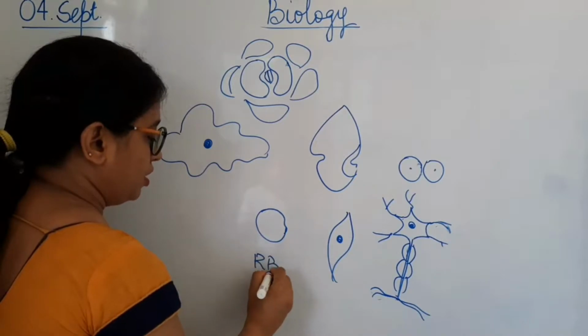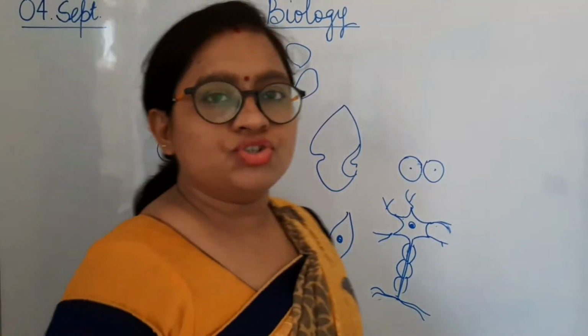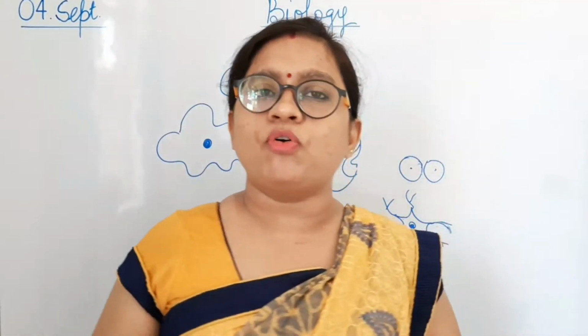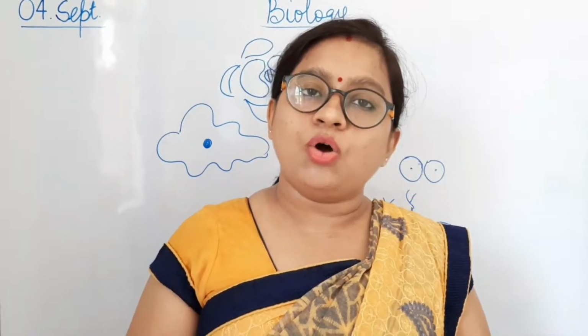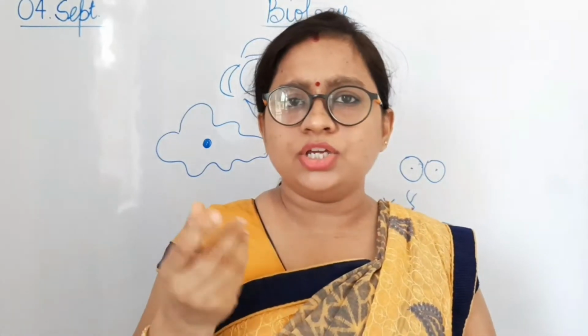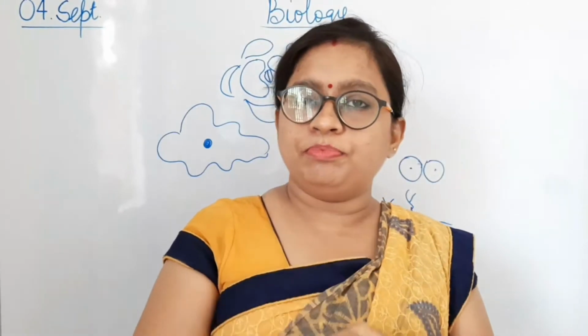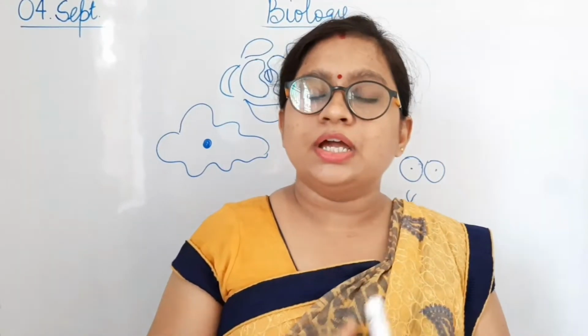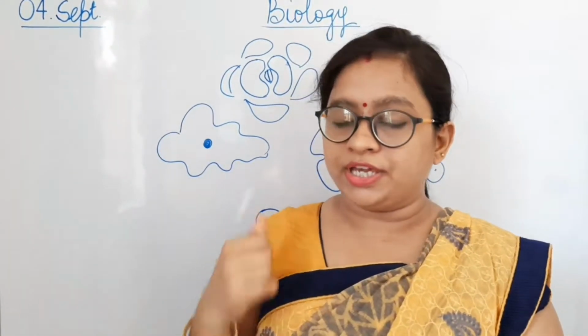Now here I am not able to draw on two dimensions the actual shape of RBC, but it is actually a biconcave shape. Let me give you an example of how RBC looks. Take clay you use for making things, just round it up and put a dent in the center of the clay from both sides. That is the structure of RBC. So RBC has a biconcave shape.